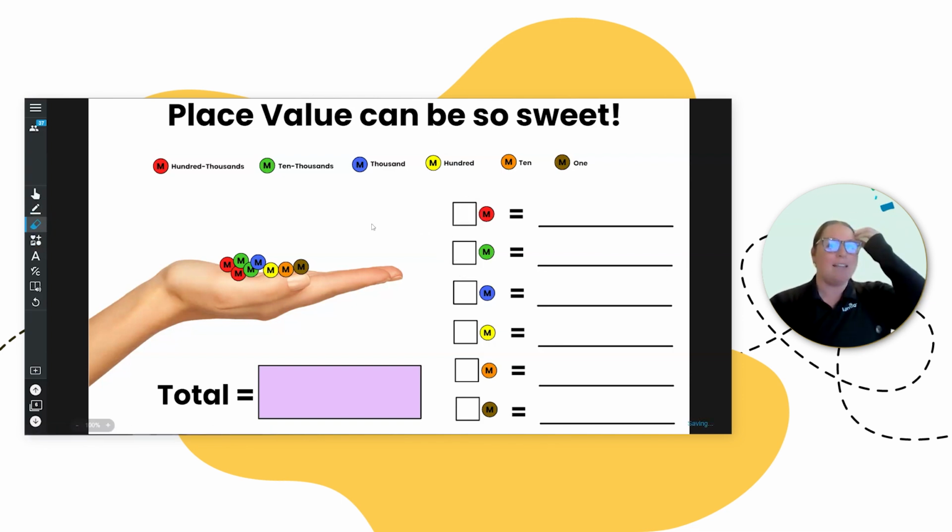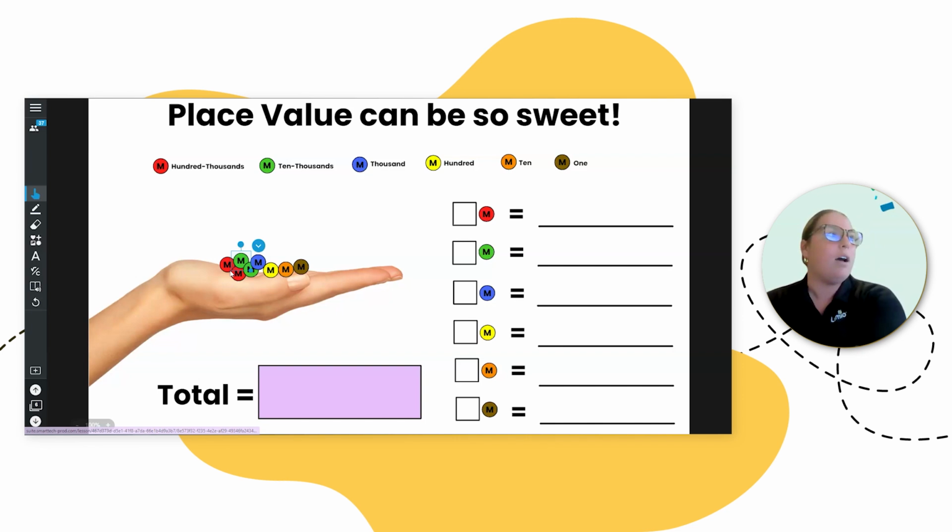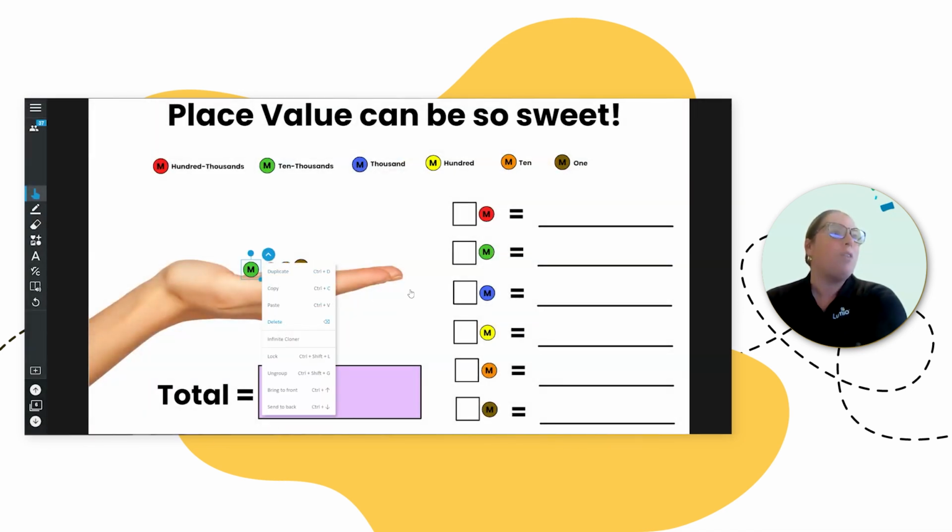I just see people are using this M&M one in their classrooms before, and then they could practice all their place value, but with the idea of M&Ms in front of them. Maybe they actually have the M&Ms too in front of them, and they're using the physical M&Ms and the manipulative on the Lumio side.